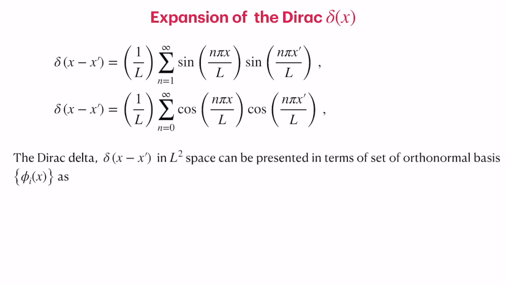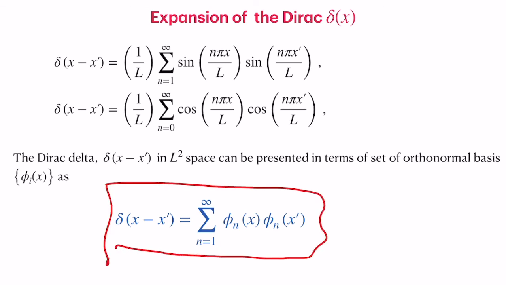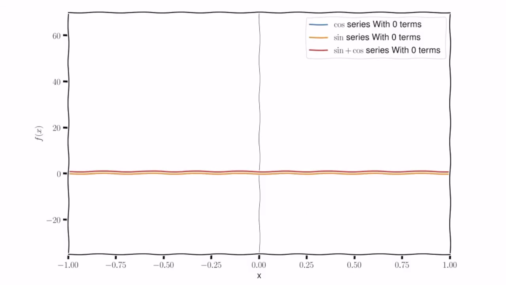So the Dirac delta function is an L2 function, and for an orthonormal basis we have seen this needs to be satisfied. This is a condition which needs to be satisfied, but we will come back to this condition a little bit later in a proper way. But this is a basic thing: the orthonormality itself indicates this, and sometimes we say it is the completeness of the basis in a Hilbert space. So this condition needs to be satisfied, and we see how this comes about from the properties of the delta function. So let's look at the plot of this.